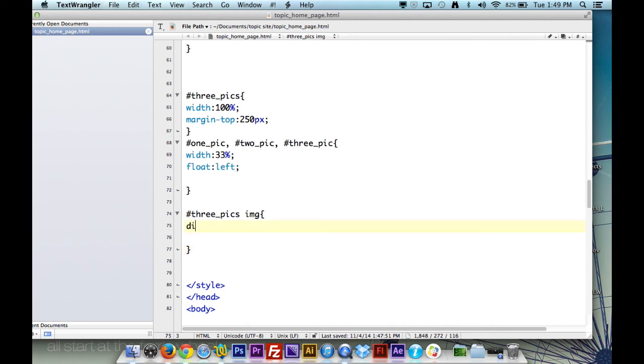Excuse me. We're going to say display block, and then we're going to say margin dash left auto, margin dash right auto, padding. We're going to create some empty space inside around each image,